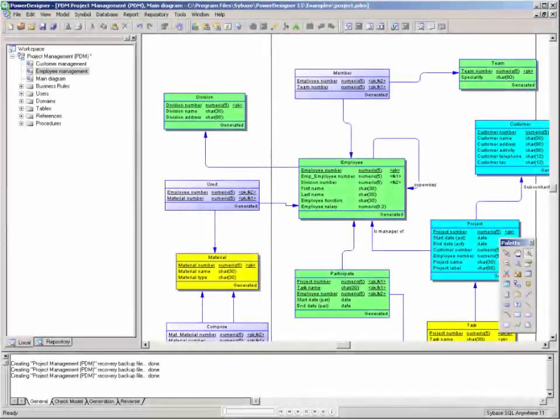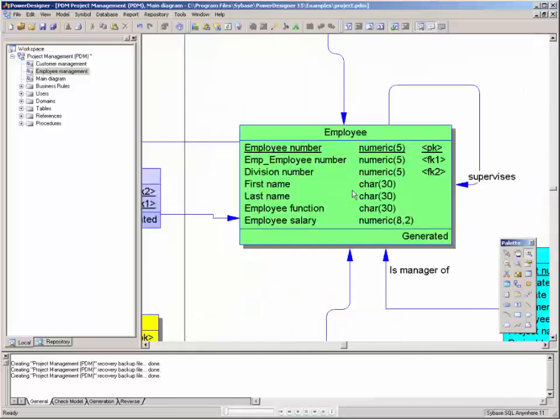PowerDesigner provides you total control over the information that you display on your diagram symbols through display preferences. Here we're looking at a physical data model representing a database schema. When I zoom into the employee table symbol, we can see that it displays the name of the table, a list of table columns with their data types and associated keys, and an indication of whether the table will be